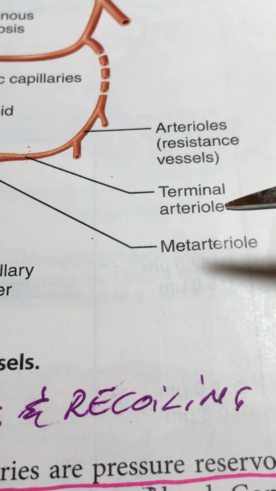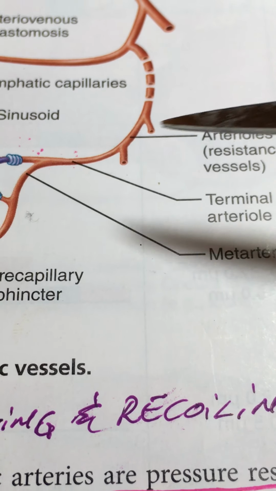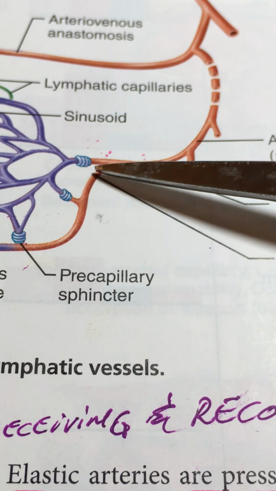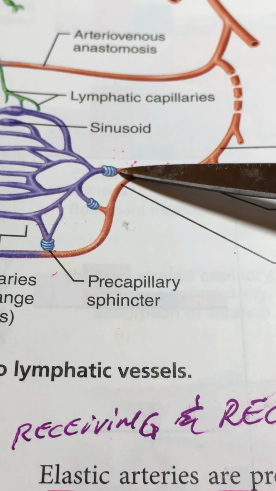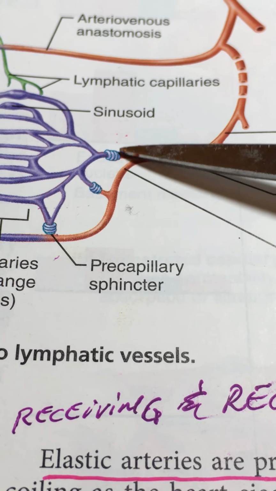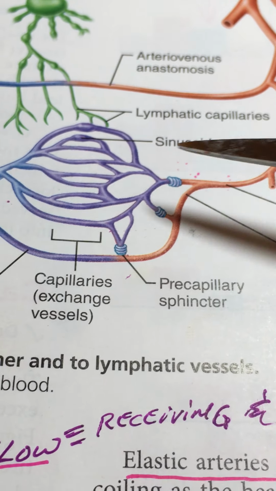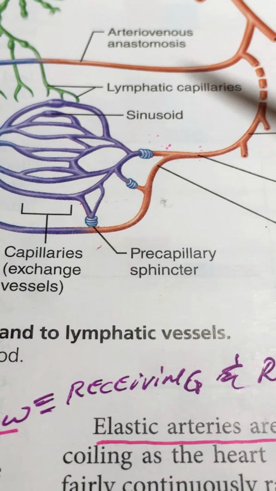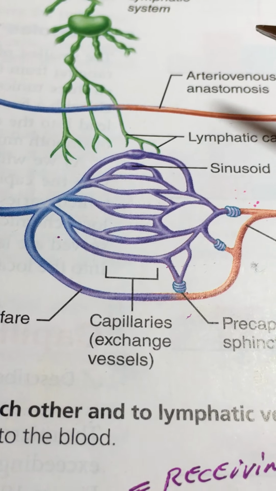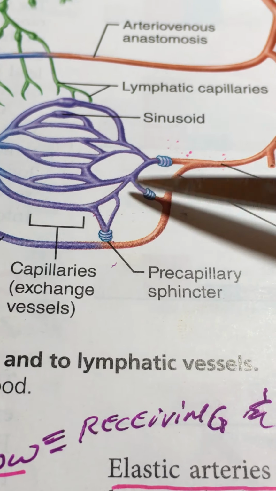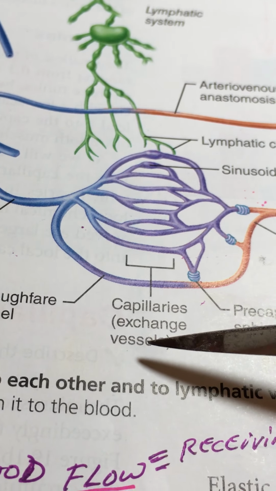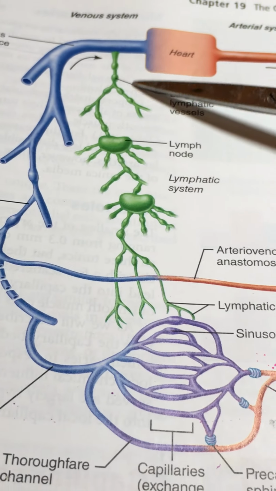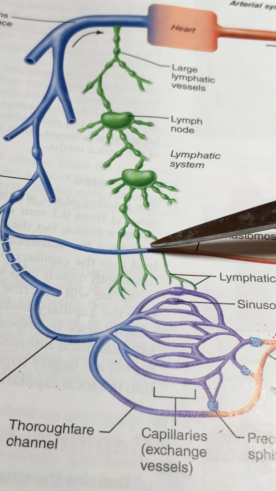We have a terminal arteriole, which means this is going to be guided by the parasympathetic and sympathetic nervous systems in order to guide how much blood flow there is to this tissue. Okay, so we call this a precapillary sphincter. They're all around. Notice that we're also being served, and in the next chapter we're going to look closely at